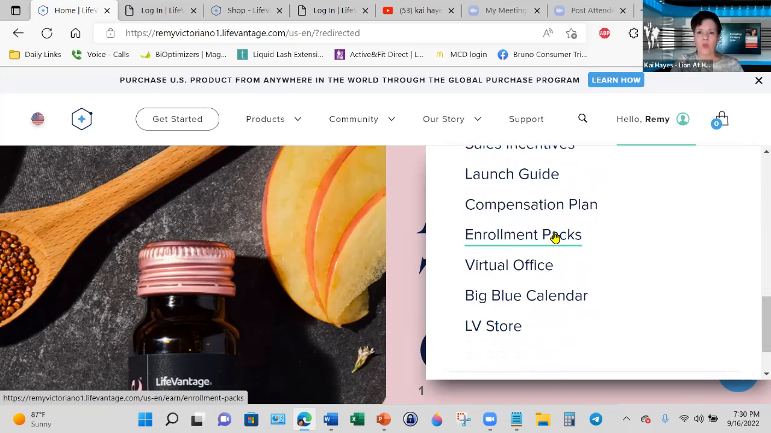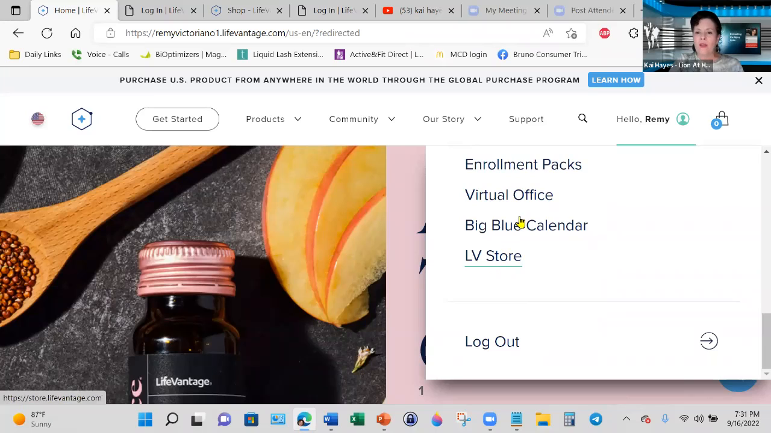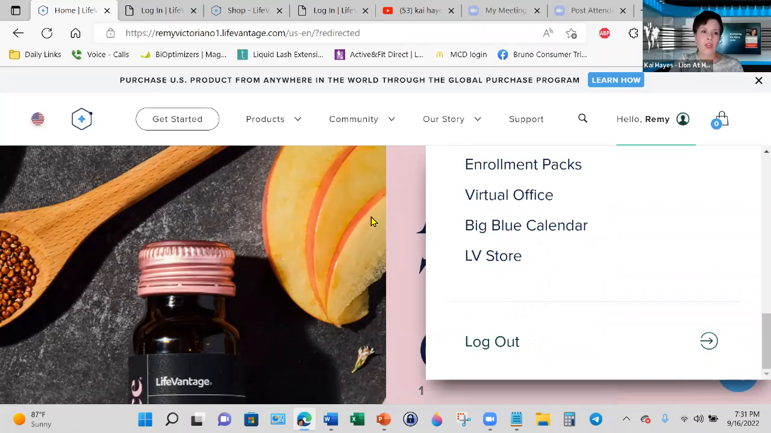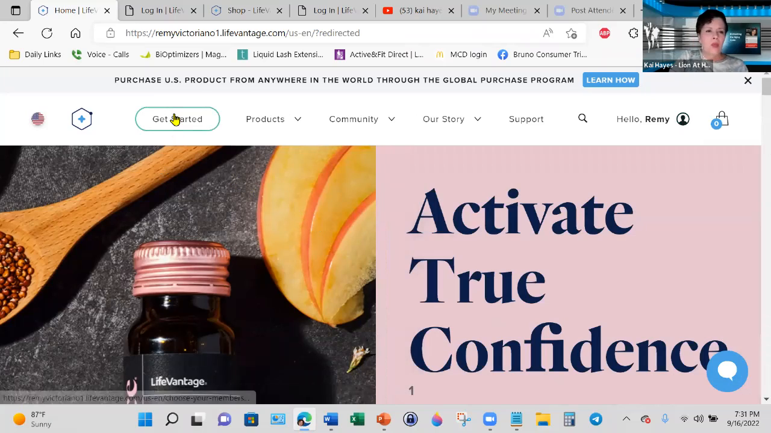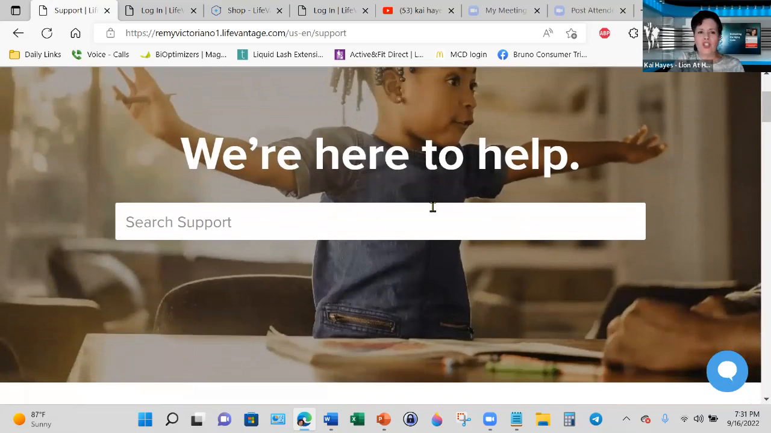If you want to see what your enrollment packs are for your new distributors, if you want to see the LifeVantage store, it's all there. And this is also where you log out. Okay. Now, when you get to this section here, you hit support, and you're going to see the information on